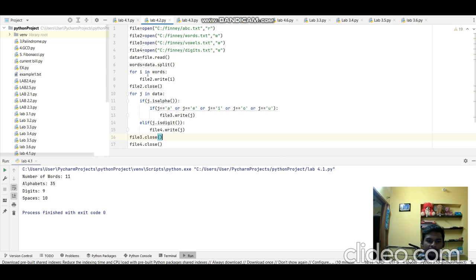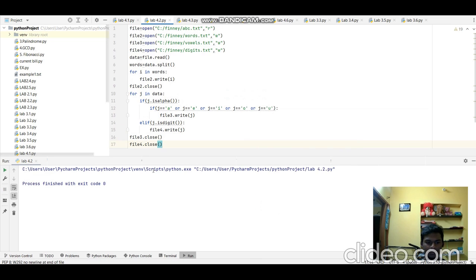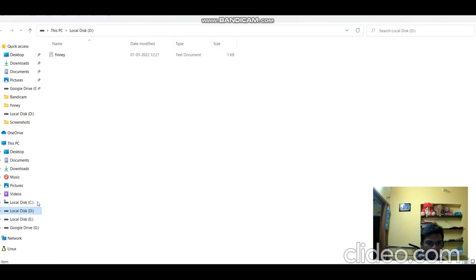For loop: for i in words, file2.write(i), and we have to close file2. And for j in data, we give if j is alpha, that is the vowels we should give here. So we are writing to file 3, that is the digits, and to file 4 we are writing j. So that is the words, I guess. And we are closing file 3 and file 4. When we run the program, we can see in the D folder,